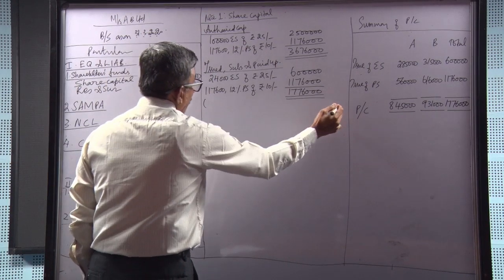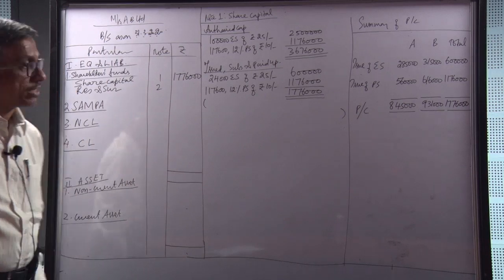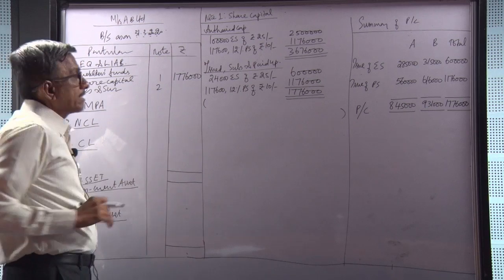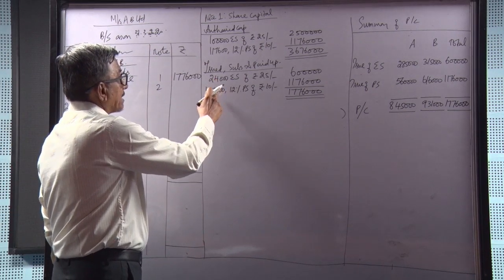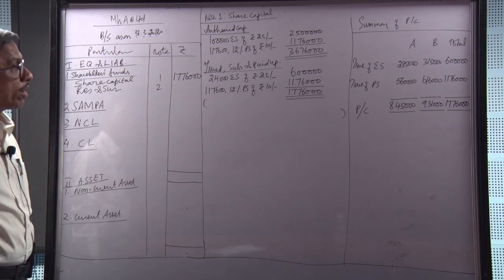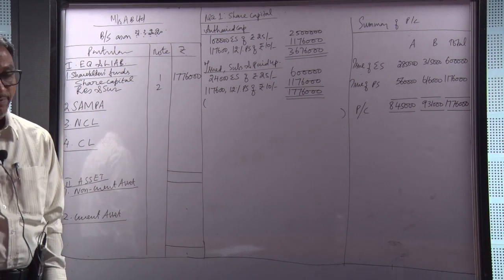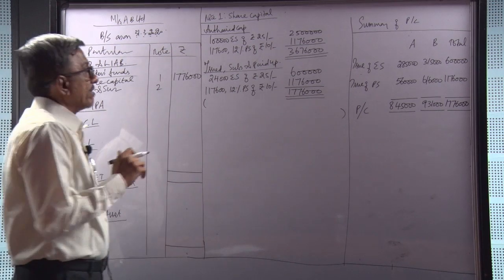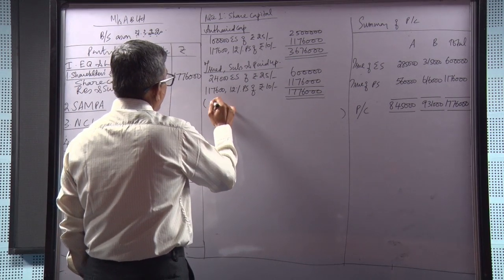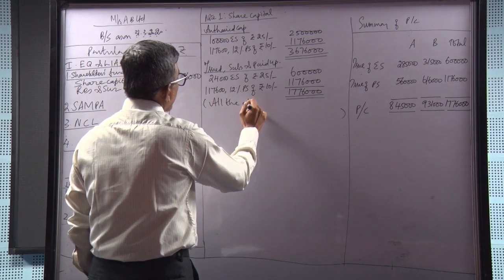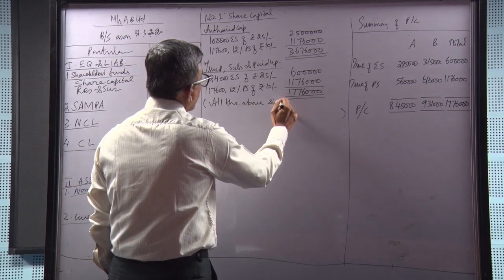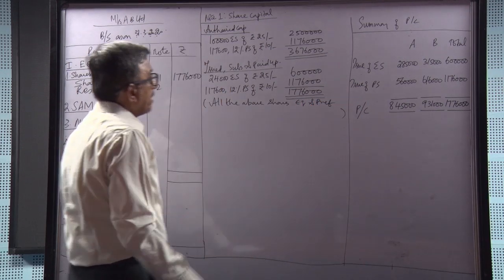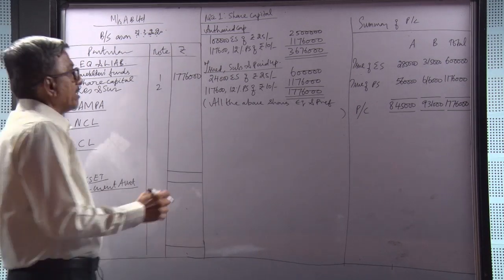But remember, whenever any shares have been issued for consideration other than cash, we have to mention that in the notes. In this case, all the 24,000 equity shares and the 1,17,600 preference shares have been issued for acquiring businesses A and B. Therefore, nothing has been issued for any cash payment. So that information should be given very clearly. So you write: all the above shares, equity as well as preference, have been issued